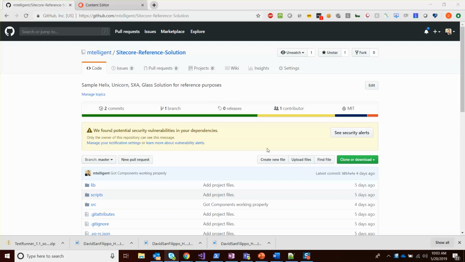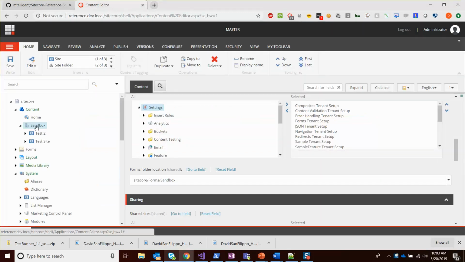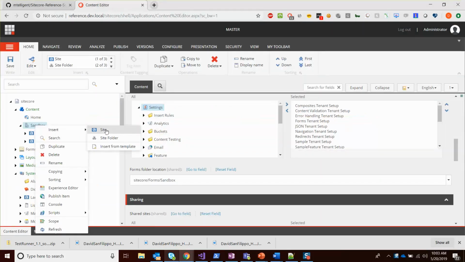Today I want to talk about site bootstrapping for SXA. It's something that I find very useful, and it's one of the real appeals for leveraging SXA as a framework for how you build modules and how you make sure that you can create sites that really maximize reuse. So you may remember from a previous video, if we go to insert a new site,